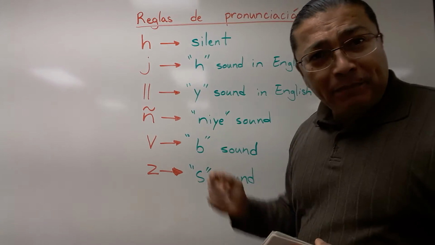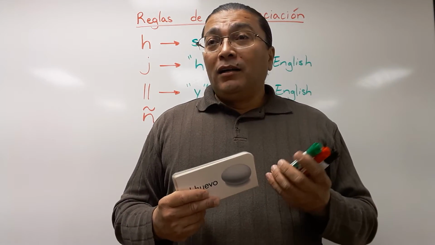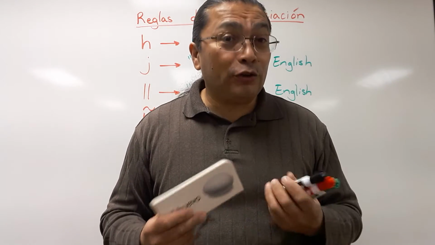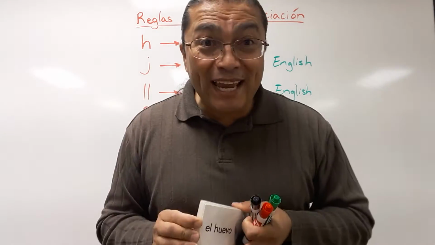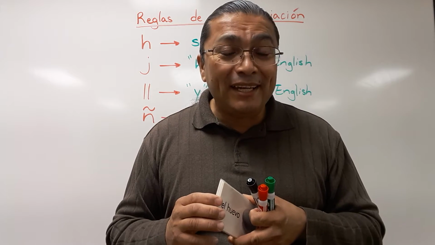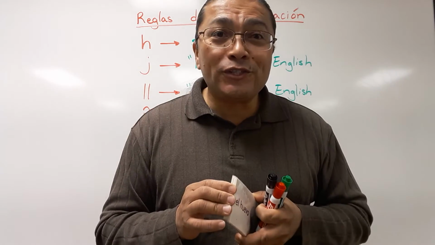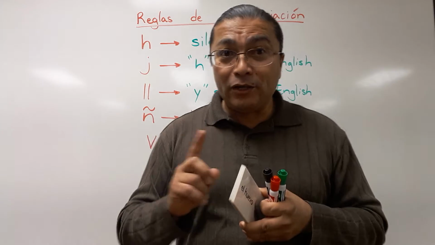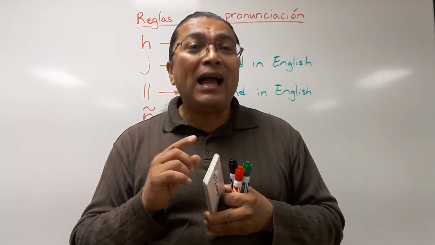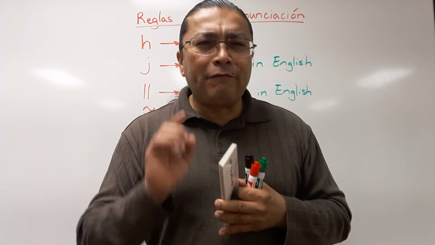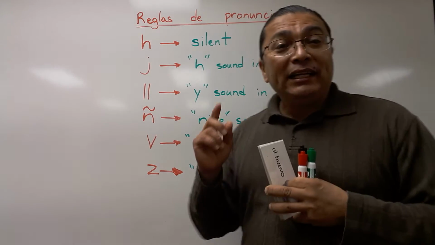The J in español gives you the H sound in English. So for example, you don't say "Jose" with a J sound for Jose, right? The name Jose that everybody in America calls Jose, okay? It's not Jose, it's Jose. A very famous name, Jesus, Jesus. It's not "Jesus" with a J. That's Portuguese pronunciation. But in español, you give it an H sound. Jesus, okay? You don't ask for jalapenos with a J, you ask for jalapenos. That's a very good word to remember as an example of what the J sounds like in español. It sounds like an H in English. The J gives you the